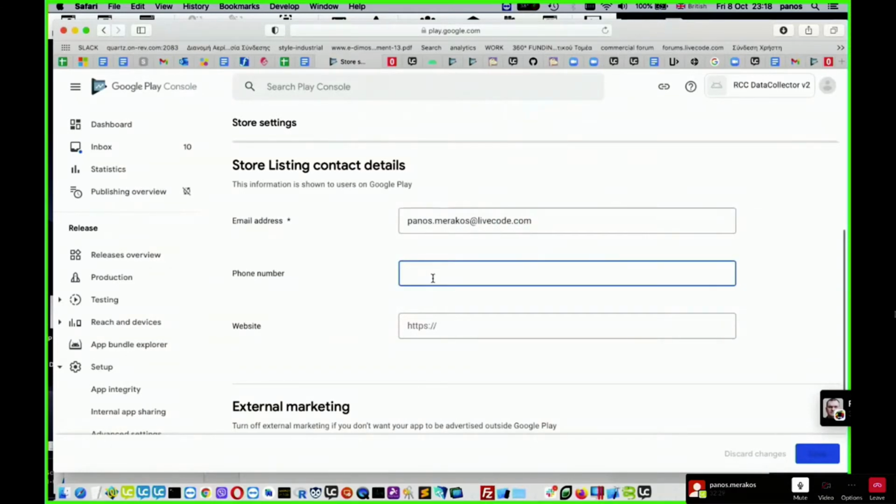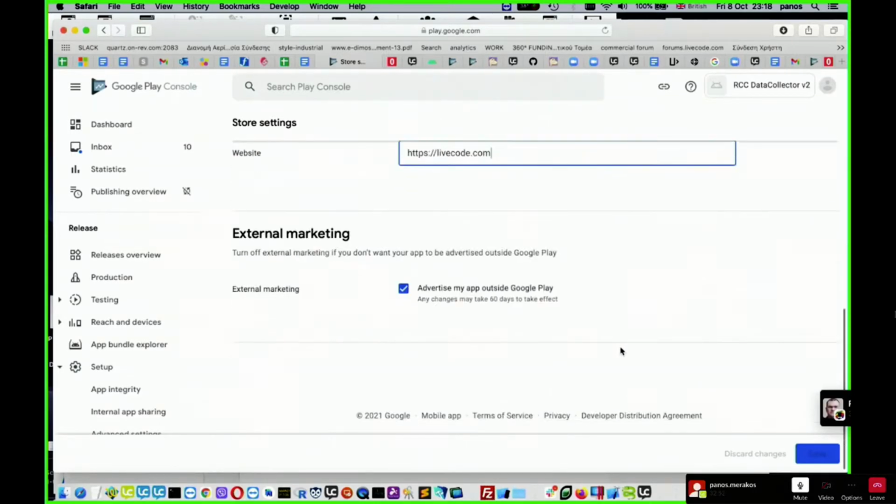Phone number. Website. Let's put that. Advertise my app outside Google Play.